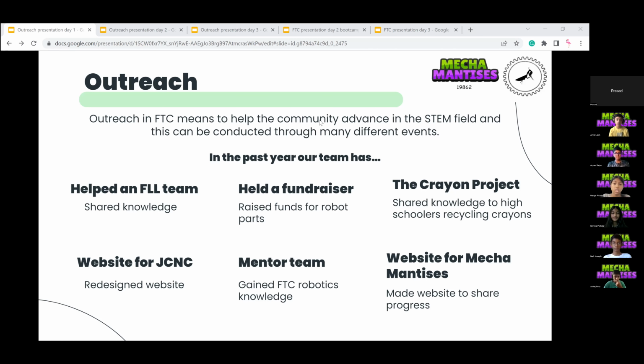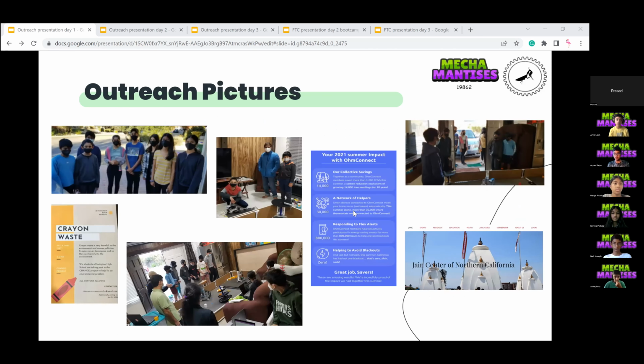Here are some pictures we took along the way. This first picture in the top left corner is us with the Crayon project team. And right below is the flyer that they wanted us to distribute to help save the earth by recycling crayons. This picture right next to the picture with the Crayon project is us mentoring an FLL team and showing them